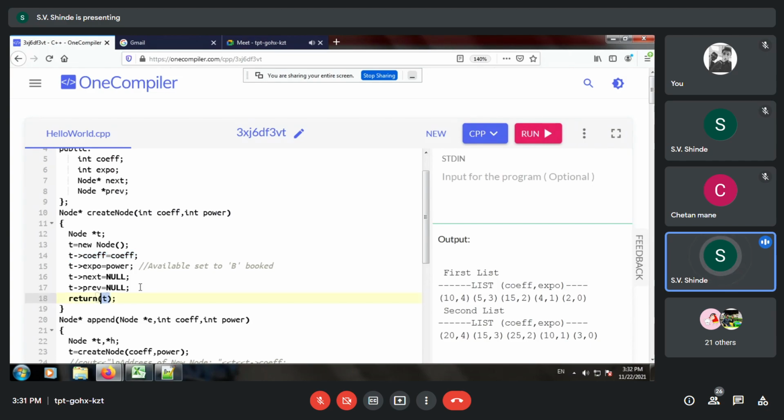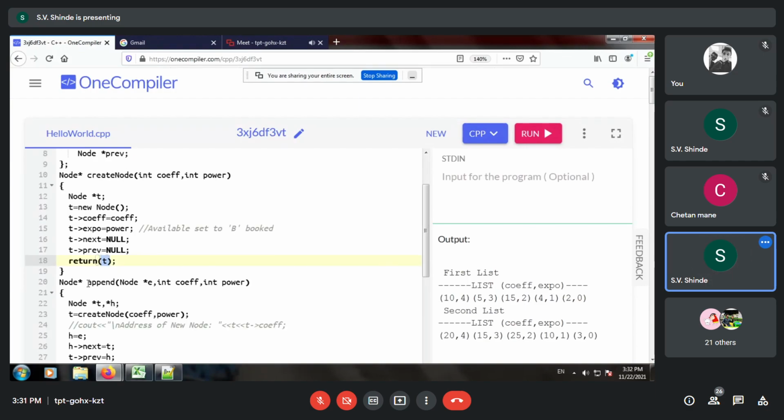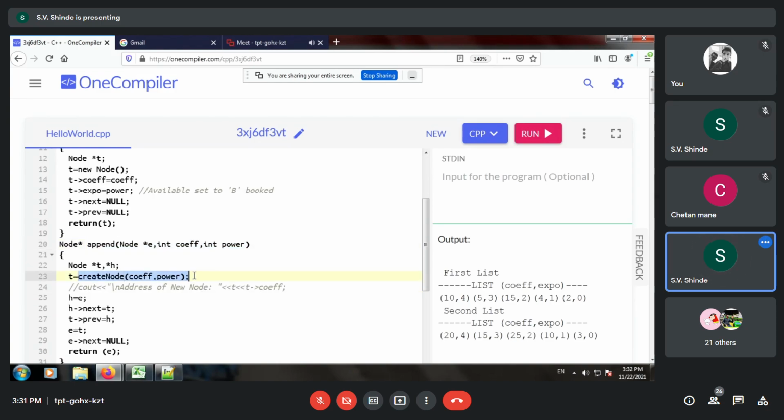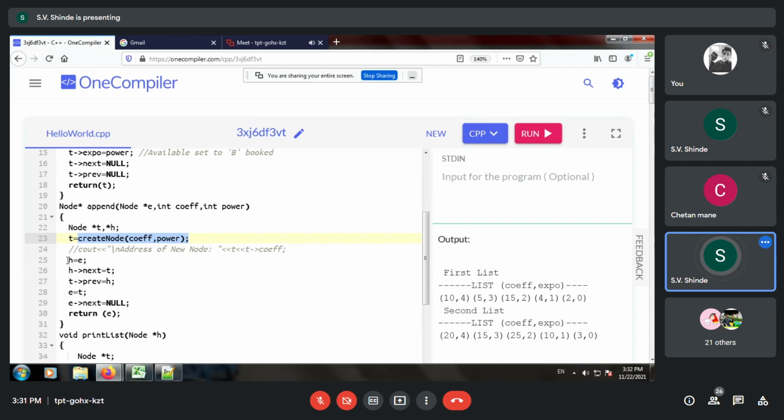Now we assume that we are going to only append the contents. So in the append function we just create the node with parameters as coefficient and power or exponent, and just append the nodes to the end. So E over here is the end node, and the two parameters are coefficient and power.